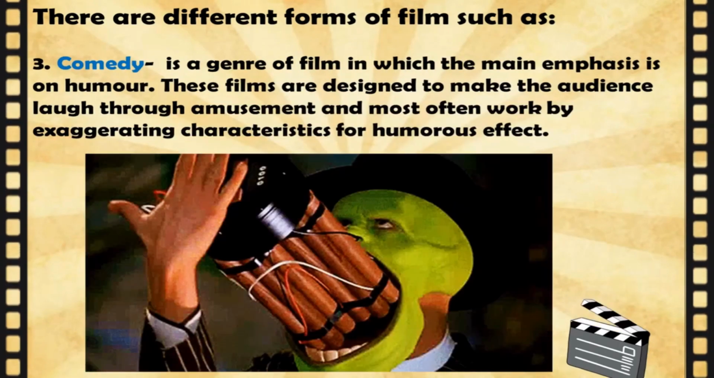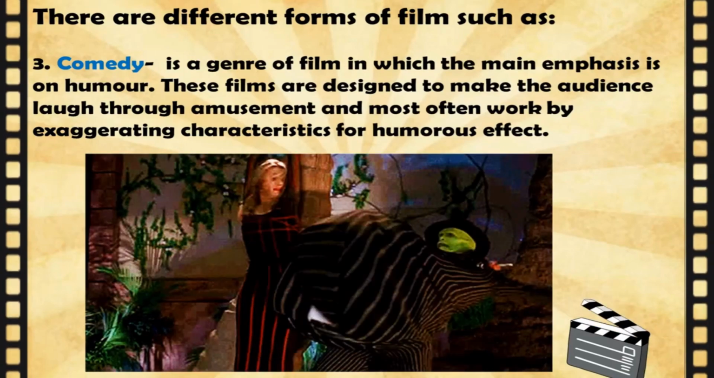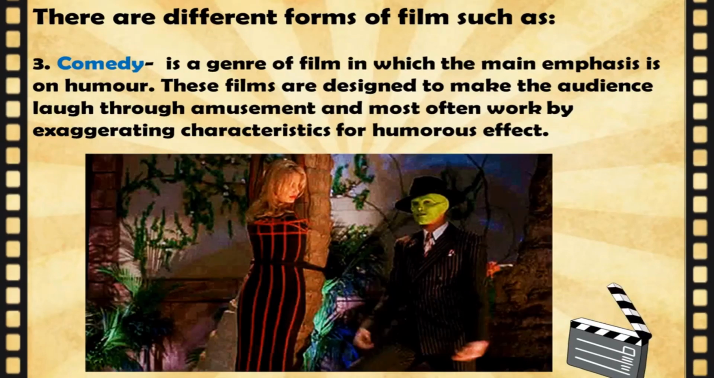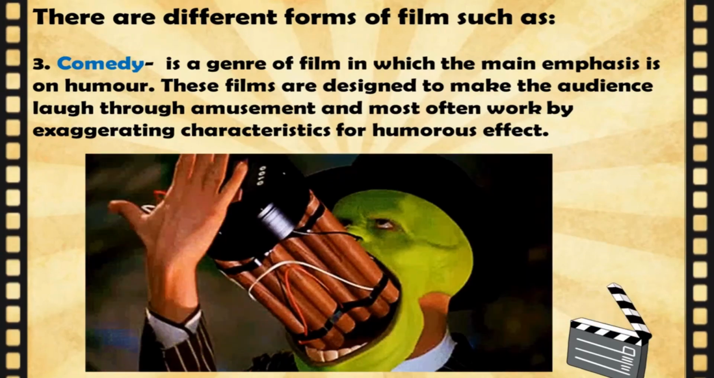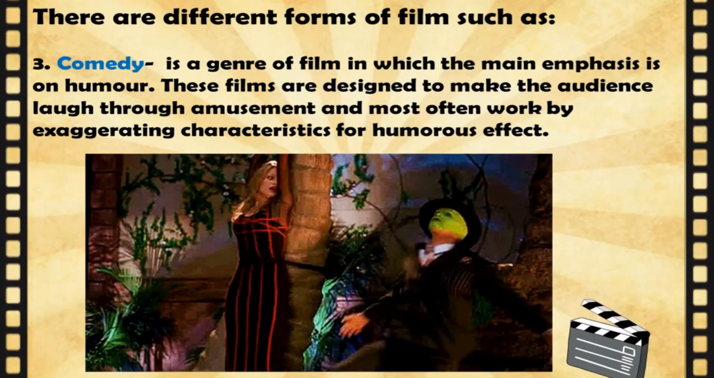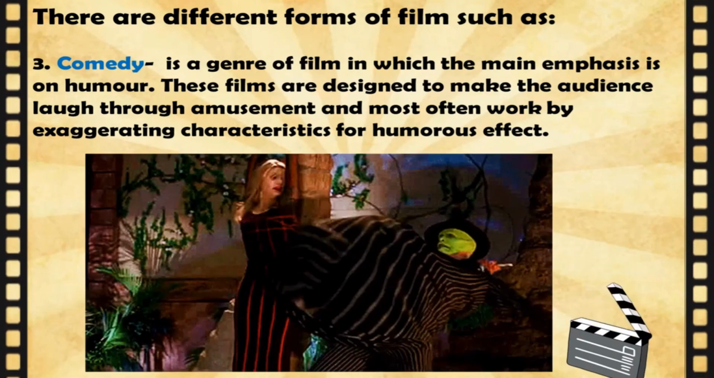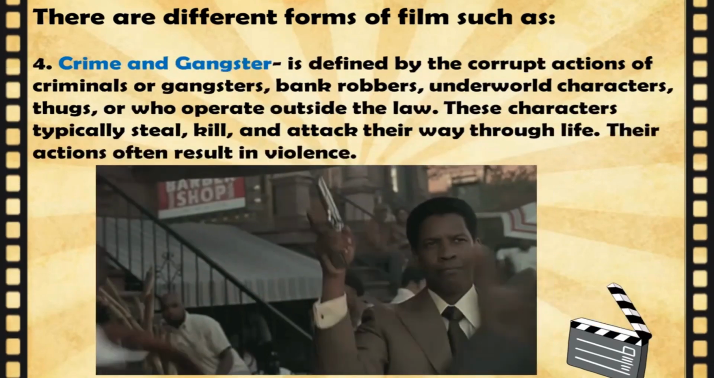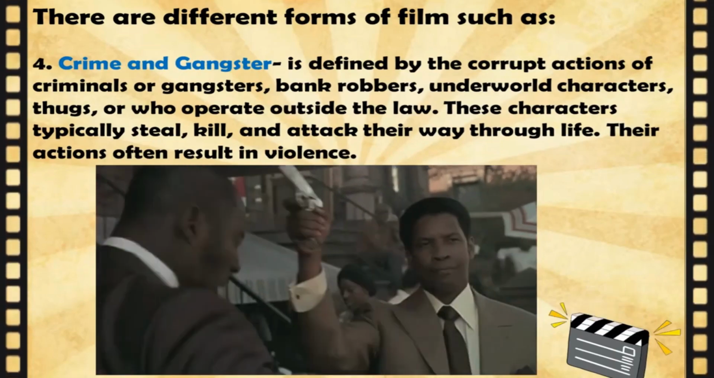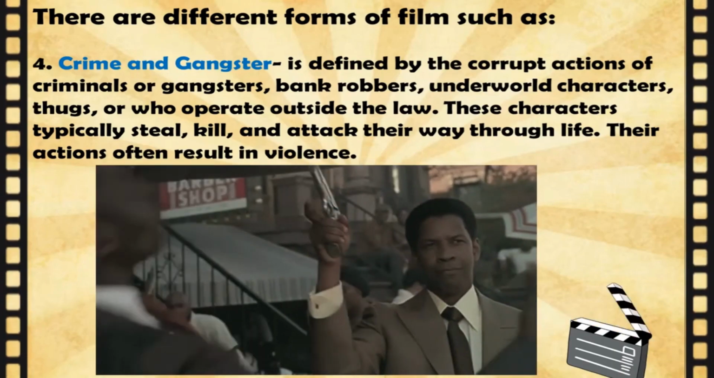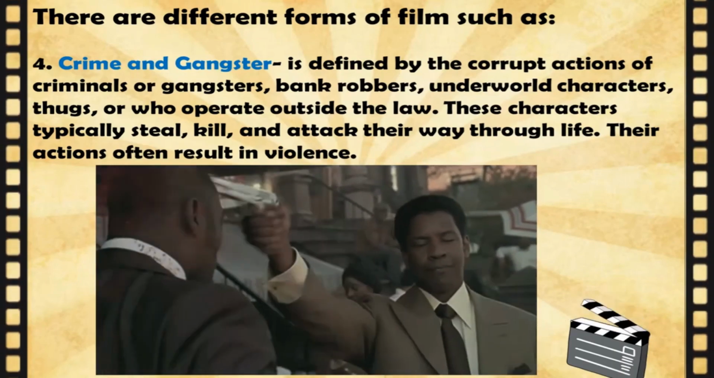Number 3. Comedy is a genre of film in which the main emphasis is on humor. These films are designed to make the audience laugh through amusement and most often work by exaggerating characteristics for humorous effect. Number 4. Crime and gangster is defined by the corrupt actions of criminals or gangsters, bank robbers, underworld characters,